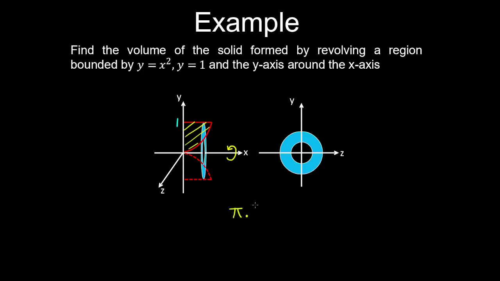squared, and then minus the area of the inner washer, which is pi multiplied by y squared, and we assign the washer a thickness in the x direction of dx, which gives the volume of that washer,